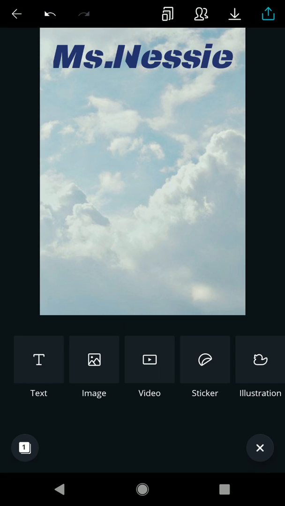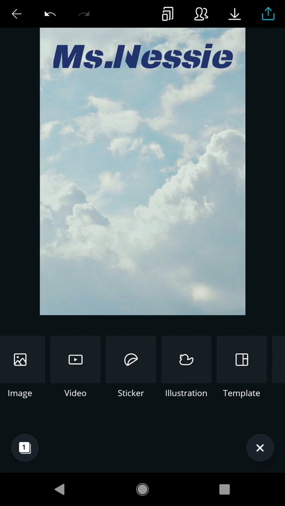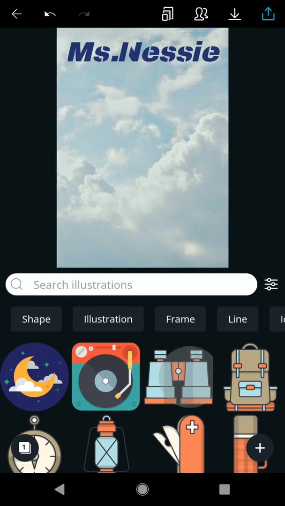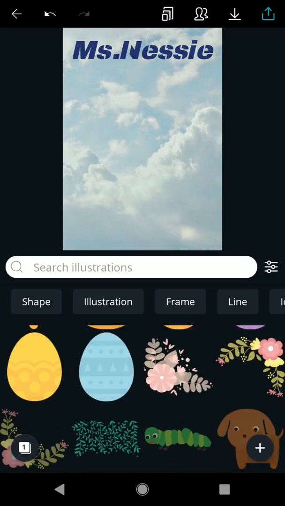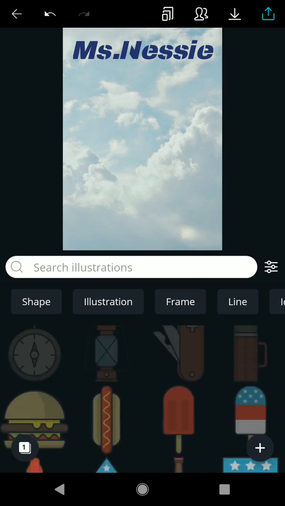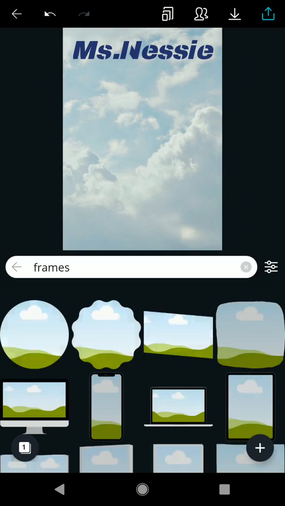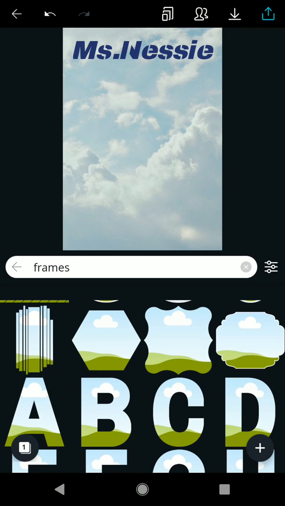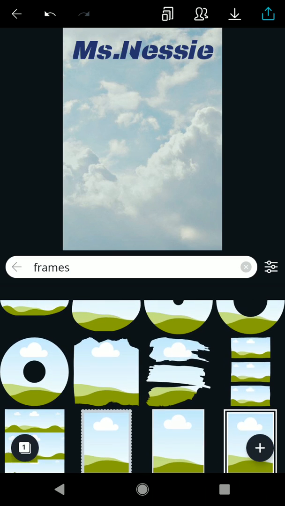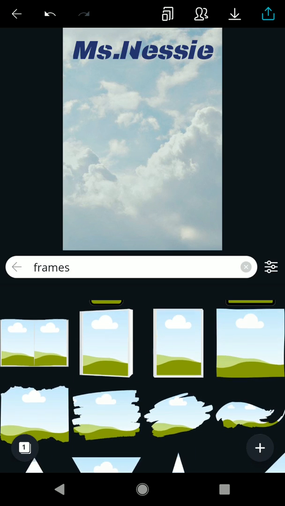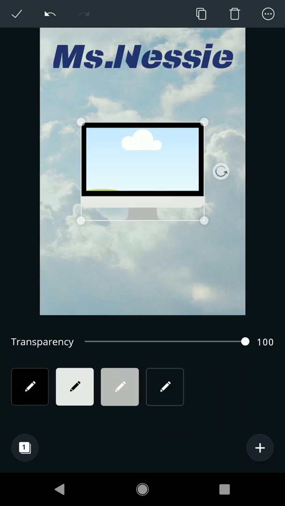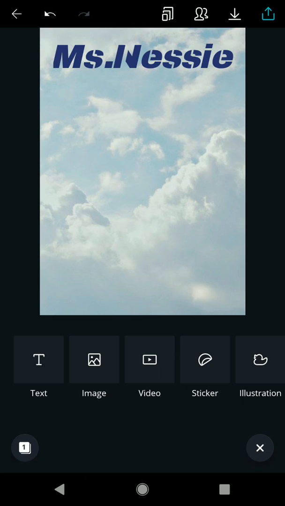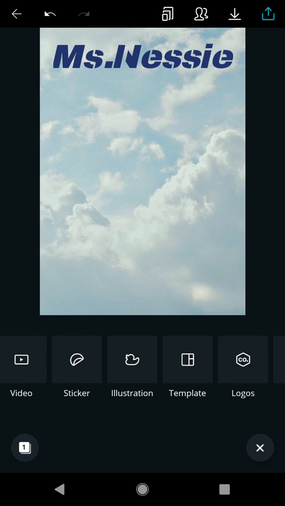So I'm going to look at some different things here. So there's illustrations, right? And there's all kinds of things that we can use for our designs when we are creating this. There's also something fun called frames. So if you want to give that a whirl, that's what I used for my demo design in the assignment panel, right? There's the computer that's right here. However, I don't want to do that all over again. So yeah, go back to